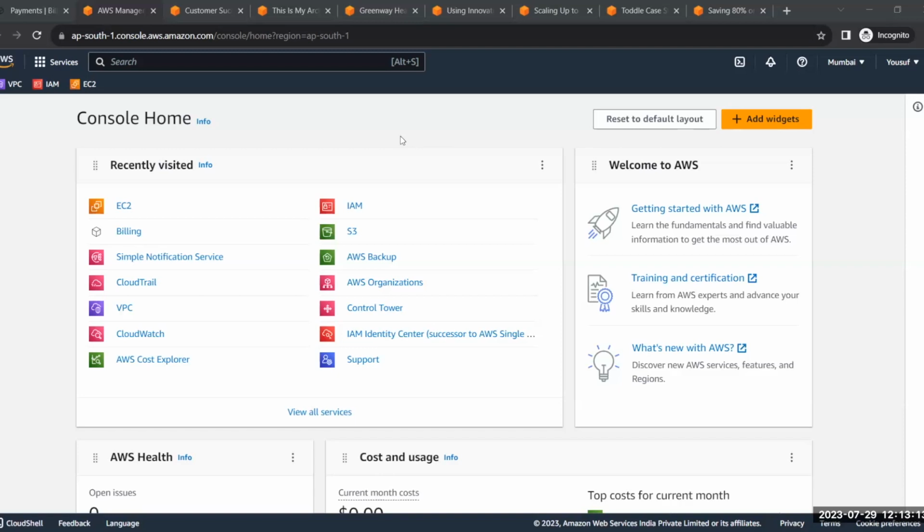Application is hosted. So your application should be running fine, running smooth, and there should not be any issues with the current operations that are going on. That is business as usual. Is it clear? What is business as usual? You have EC2s, VPCs, S3, RDS, all these services that you are using. Making sure all those services are working collaboratively fine, and the application that is hosted is working the way it should work.